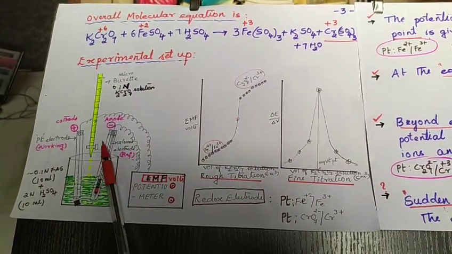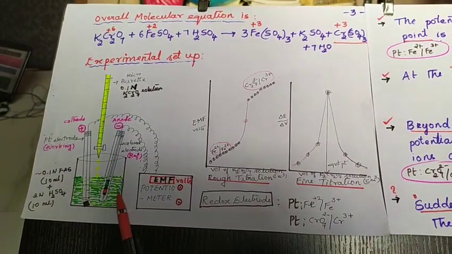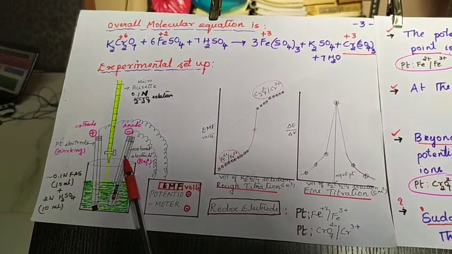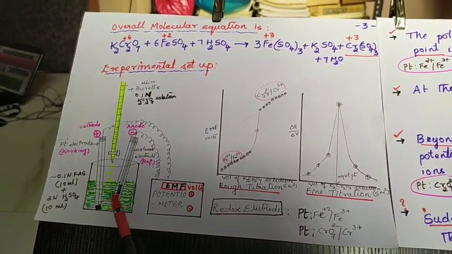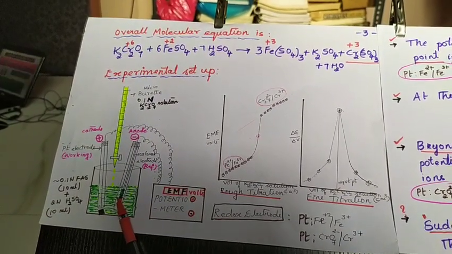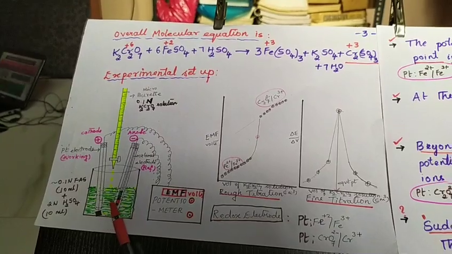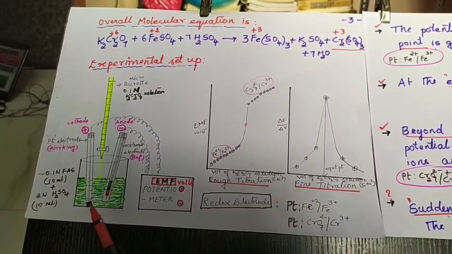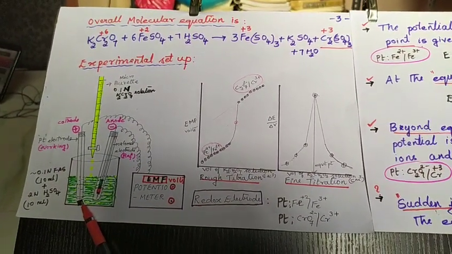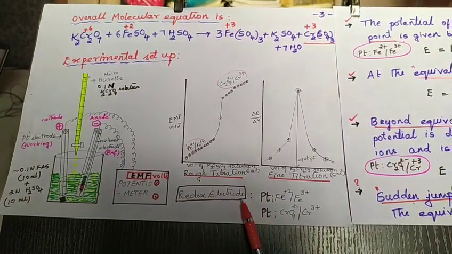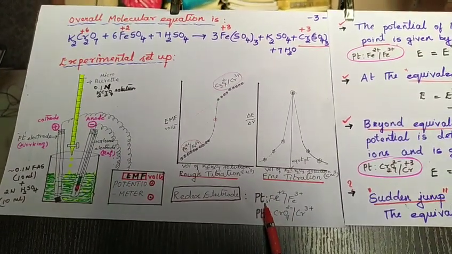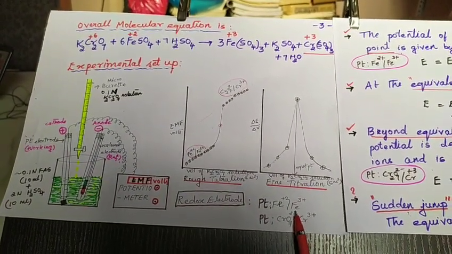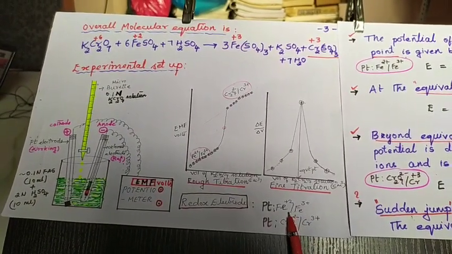Before the addition of dichromate, the oxidation state of Fe in the FAS solution is +2, that is, Fe in +2 state. So when you gradually add dichromate to the FAS solution, Fe2+ is oxidized to Fe3+. Now in the solution we have Fe2+ as well as Fe3+. When these two ions come in contact with platinum metal, it acts like a redox electrode. So at this context, we should know the meaning of redox electrode. When platinum comes in contact with two ions of different oxidation states, that is Fe2+ bar Fe3+, we call this electrode a redox electrode.